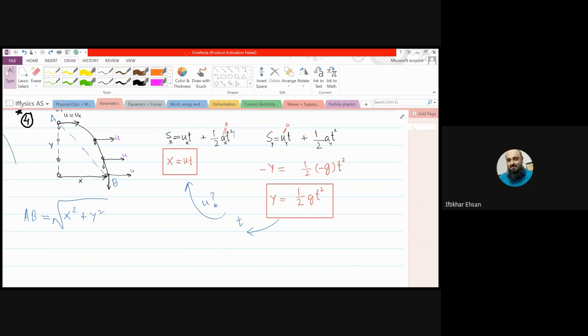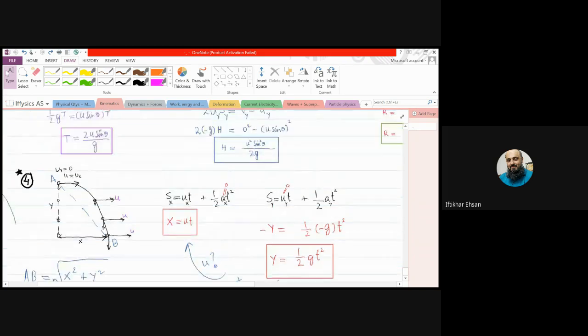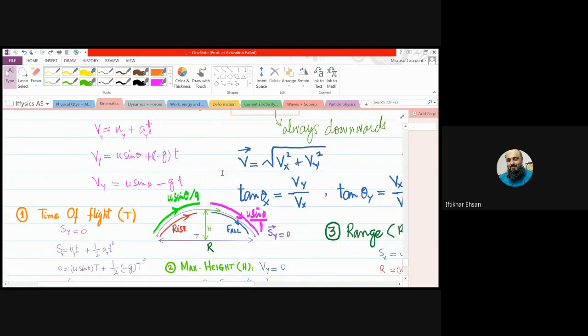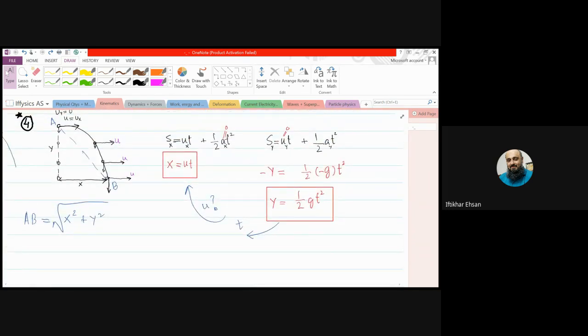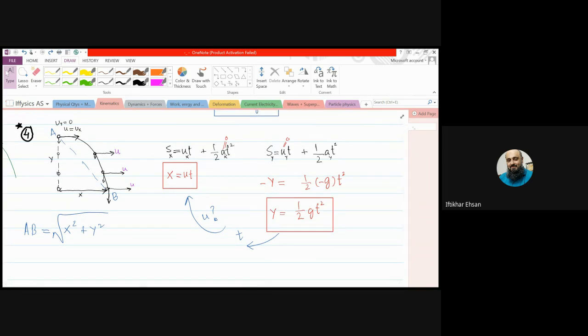You have to remember. And whenever we are asked what the displacement between A and B is, can you see this will make a right angle triangle? Then using Pythagoras theorem, we can find the value of AB: the square of horizontal distance plus the square of vertical distance, and the square root of that. That can be a replica of this one, right? That was in terms of velocities, and this one is in terms of distances. Right, Shamas? Yeah. Okay, Shamas. Now,